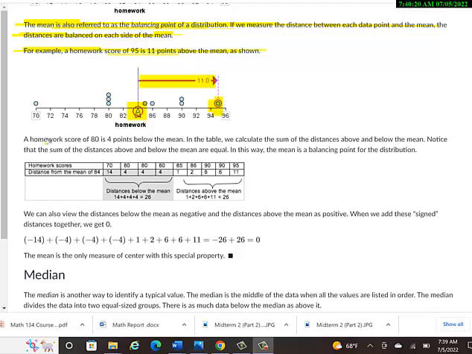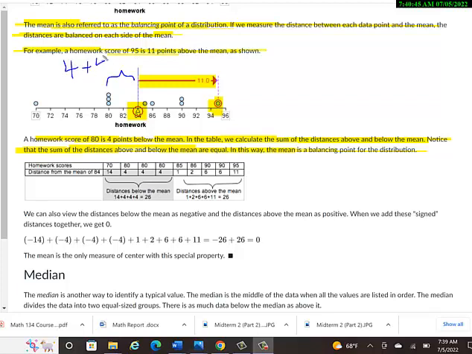A homework score of 80 is 4 points below the mean. Down below in the table, we calculate the sum of the distances above and below the mean. So if I look at all the values that were below 84 that she received on homework, and I calculate all their distances from 84. So for example, there were 3 homework scores that were at 80%, which is 4 units away from the mean,